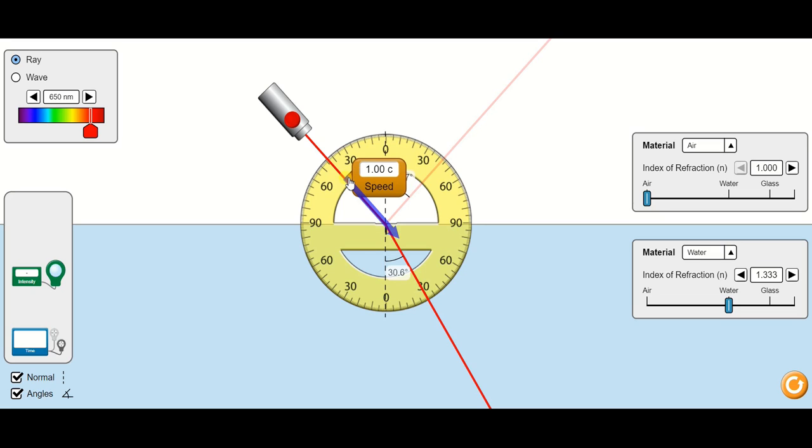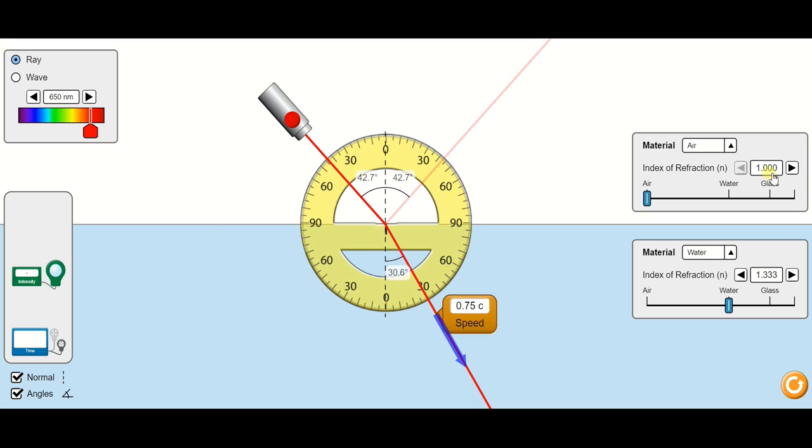c is the symbol we use for the speed of light. To represent speed we make use of the letter c, as in E equals mc squared, where c is the velocity of the light. Now when it comes to the reflected ray, it is also going to have the same speed because both of them are in the same medium. But when it comes to the refracted ray, the speed of the light has decreased to 0.75 c. That is, there is a decrease in the speed of the light.